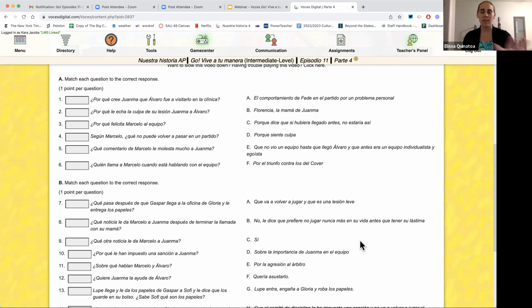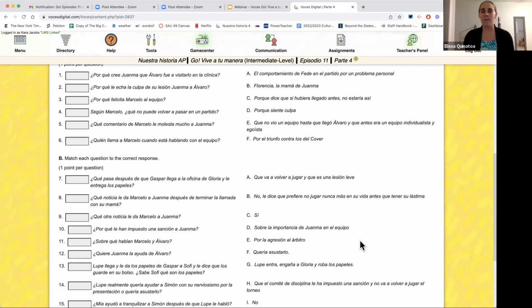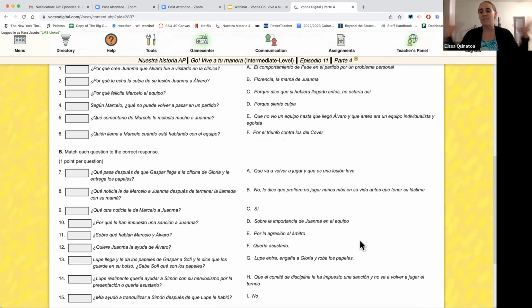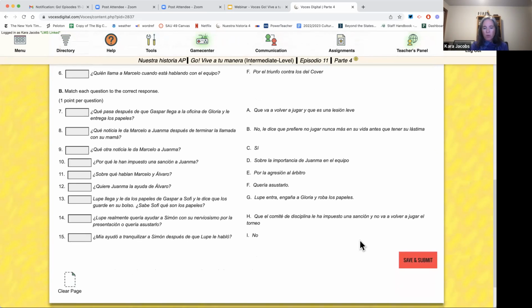Instead of doing it on the website, I'm going to have them do a scavenger hunt around the classroom. A lot of these activities were made with the idea that they can either do them on the website as they are, or teachers can print them out and adapt them to do different activities in the classroom, and make them a little bit more interactive.